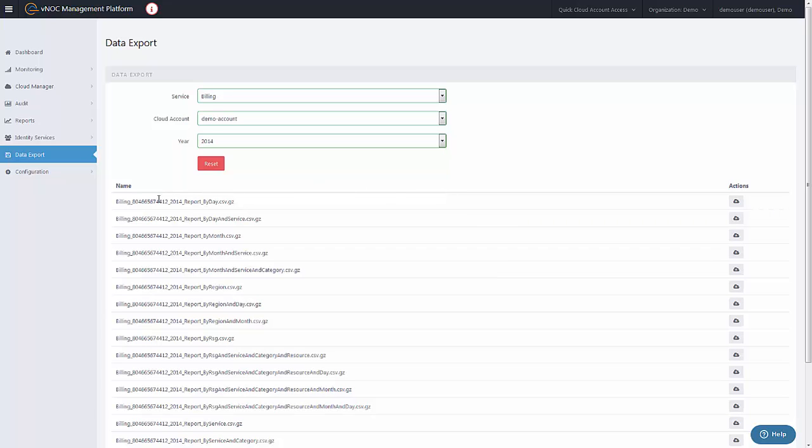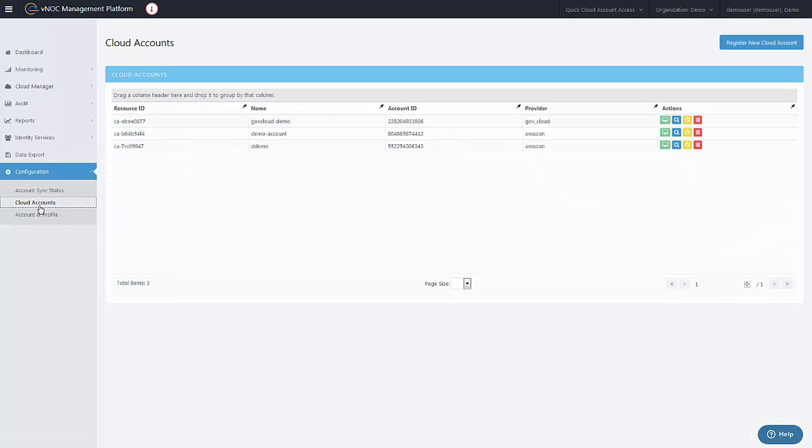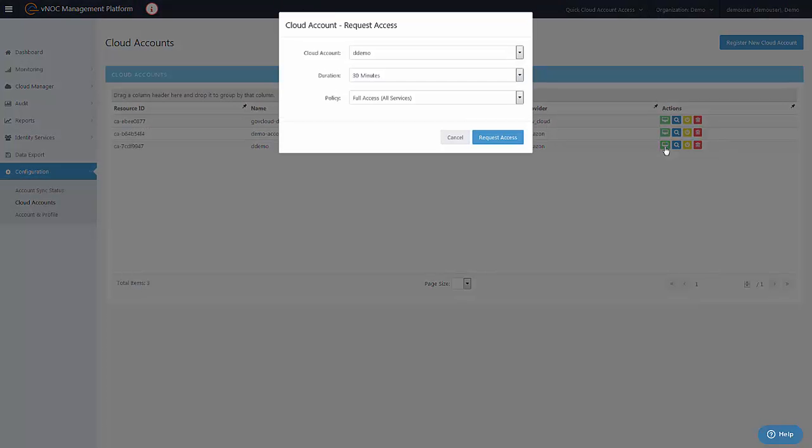And lastly is configuration. This is where I'm going to be able to register new cloud accounts, but I can also federate access directly into the AWS console. So let's say I have an auditor coming in to audit my infrastructure. I can create them a role, specify how long they're allowed to be in the console, which policy they're going to have, and then I'll request access, access cloud, and I will have federated directly into the